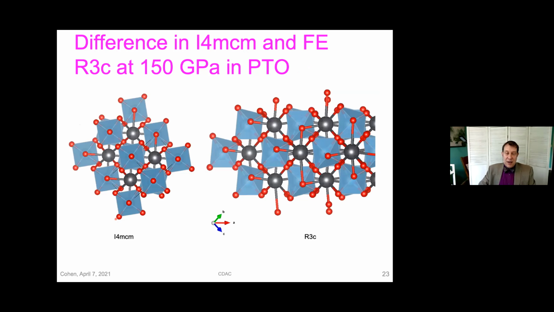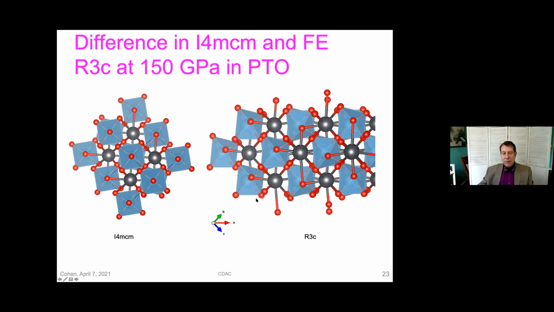If you actually look at these structures and rotate them so that you can compare them, you can see what's happening here at least. It doesn't give you the reason why, but you can see it. So this is the I4/mcm structure. So it's just like strontium titanate. Anyway, it's a rotated perovskite where you have one octahedron rotated to the left and the one below rotated to the right. And you see the titanium sits right in the center of the octahedron, and the lead sits right in the center of these octahedra surrounding it. So it's a very happy looking structure.